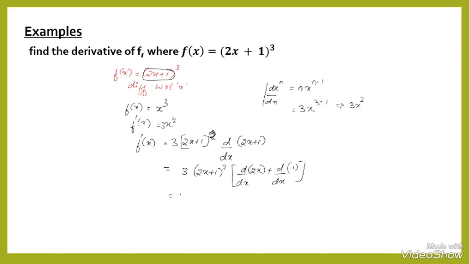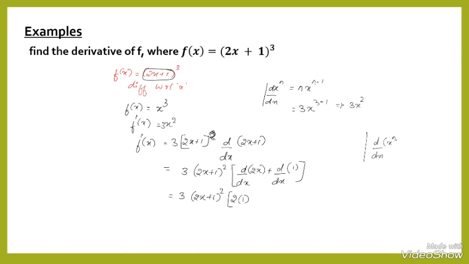That is equals to 3 into (2x plus 1) whole square. Differentiation of 2: 2 will be constant, I will keep it here. Differentiation of x with respect to x, that is 1. Okay. We know that differentiation of